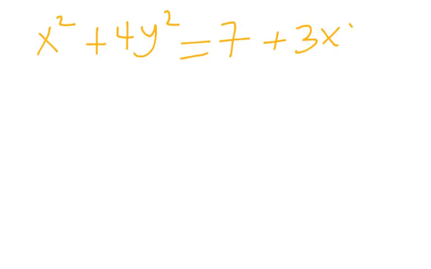Okay, so I'm going to be doing number 3. Consider the curve given by x squared plus 4y squared equals 7 plus 3xy. And part A asks us to show that